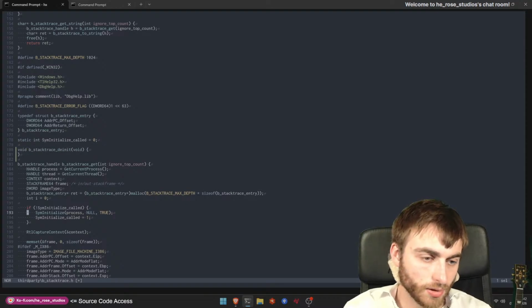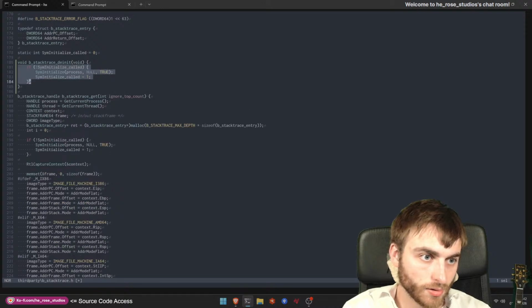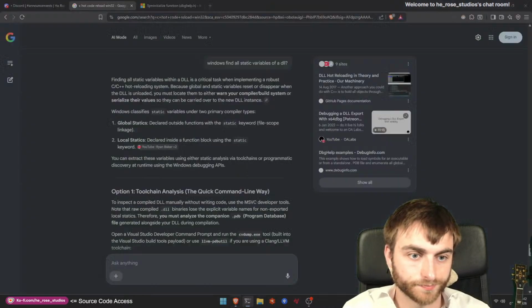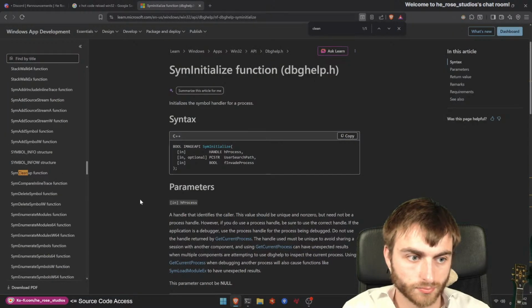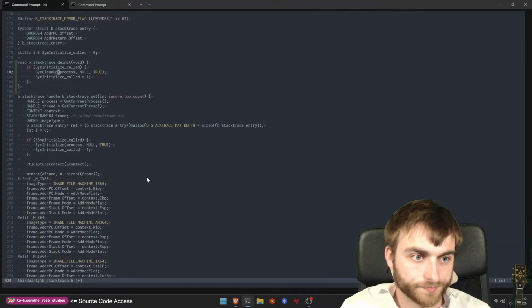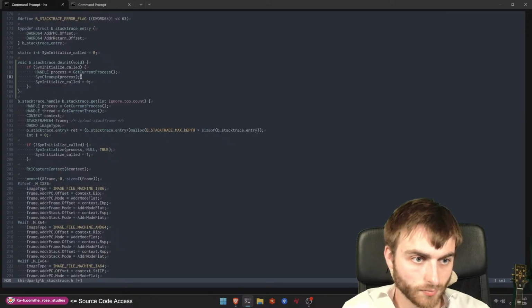So that would just be if called is a cleanup. Sim cleanup. Yep. So we just stick that